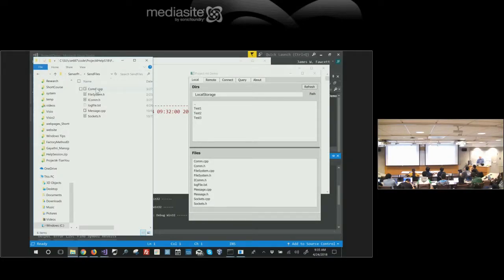No, I want save files. Save files is what I want. So here, let me click on something that's not there. Icon, let's do something a little bigger. Sockets.cpp. So I just sent that file. This is not a check-in. No metadata. I didn't do anything with the database. I just sent the file. But it's, you know,